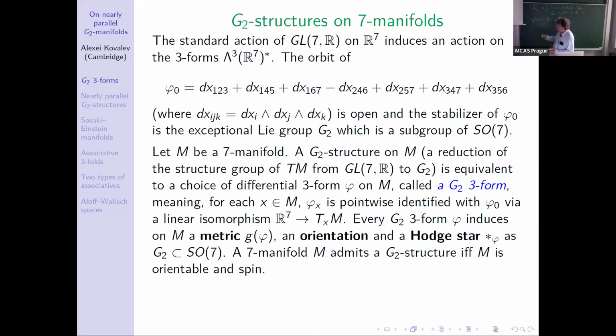Now, it follows from the way we define G2, from the theory of normed algebras, that G2 is in fact a subgroup of SO7. Therefore, a G2 structure is an instance of an SO7 structure, which means that any manifold equipped with this G2 3-form automatically is